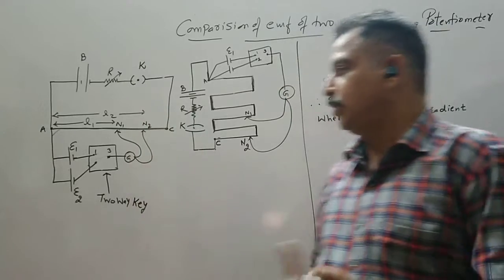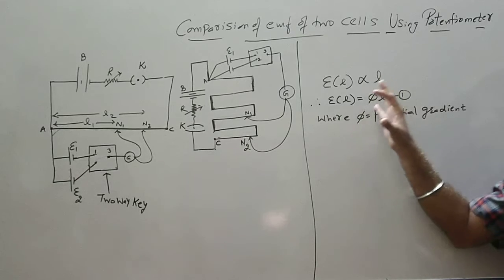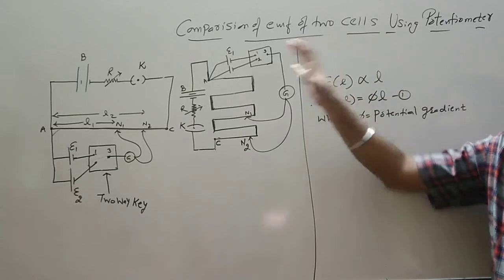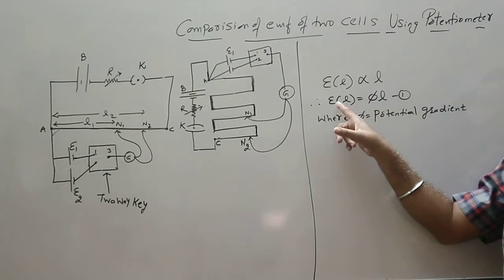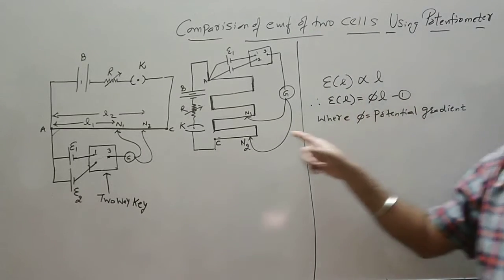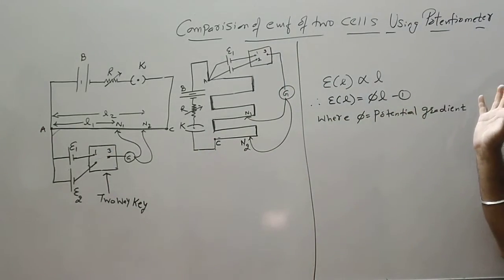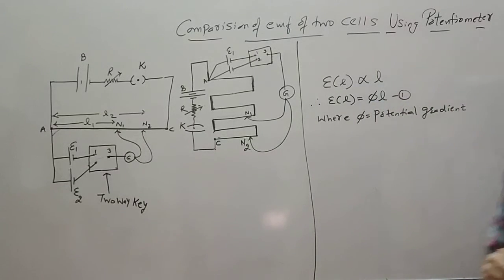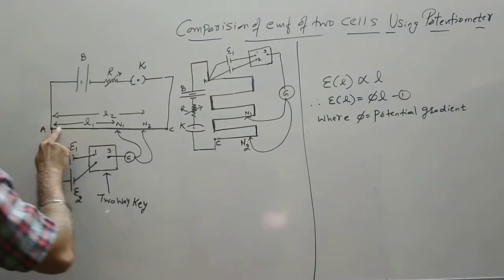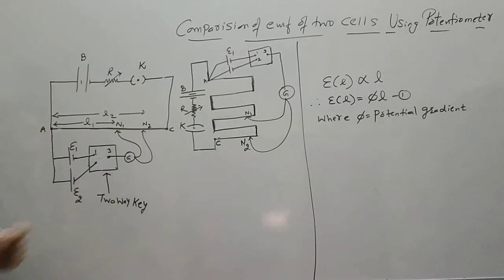Now how is the experiment performed? So basically we have the theory as the principle of the potentiometer only, and these are its practical uses. Now we know that the potential difference between any 2 points on this wire will be directly proportional to the length, and therefore the potential gradient is a constant of proportionality which remains constant. Now how is the experiment being performed, or how will you measure the EMF of a cell?